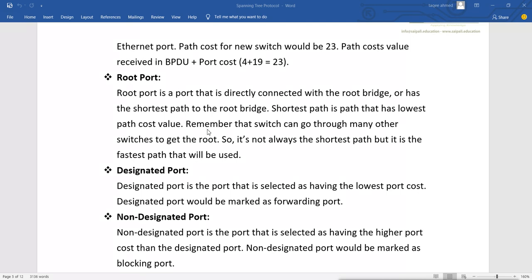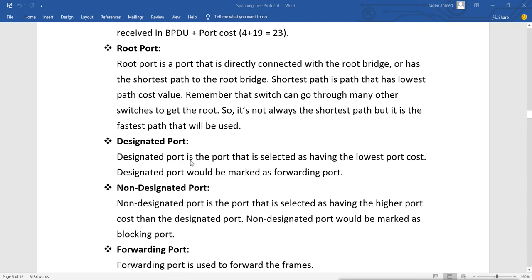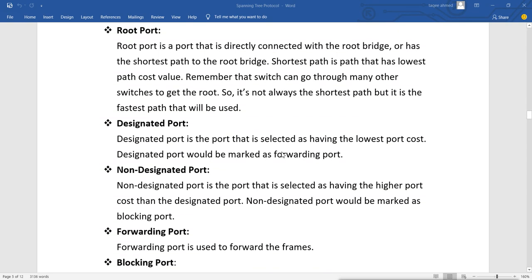Then the other ports, what will they become? Designated port. Now designated port is the port that is selected as having the lowest port cost, and the designated port would be marked as the forwarding port. So the port which has the lowest port cost will become what? The designated port, and it will remain active. Now non-designated port,